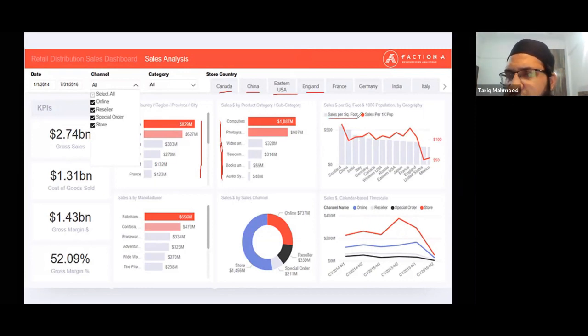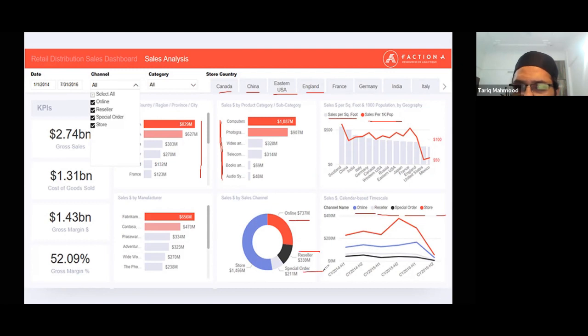Sales per square foot, that is definitely a measure or a KPI. Sales per 1K population, again, that's a KPI. And here we have sales according to the channel name. The channel is actually a dimension, and the sales is here as a line graph. Here we have the pie chart: online, reseller, special order, store. These are the channels. So here again we have the dimension, and the size of the donut is showing you the actual sales comparatively. So these are the things you need to understand, that there are some things across which, I wrote the word across,